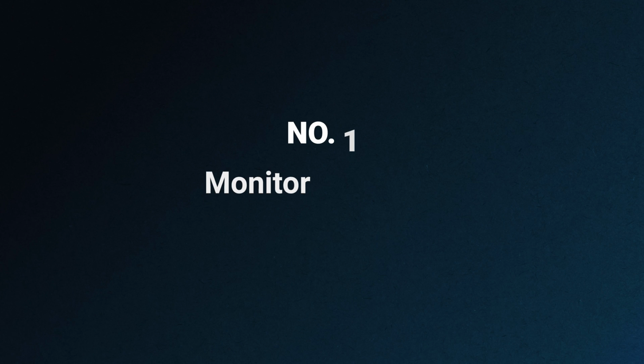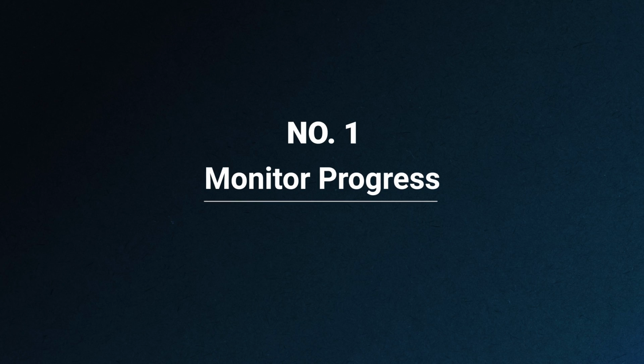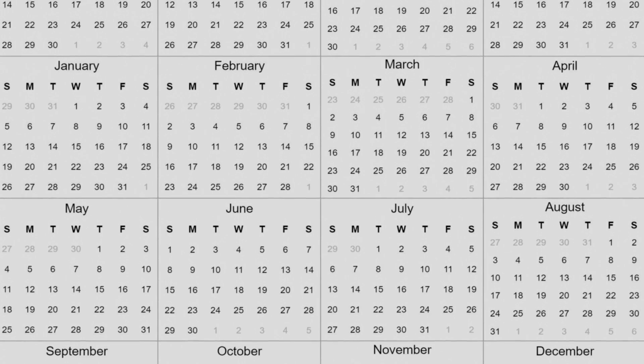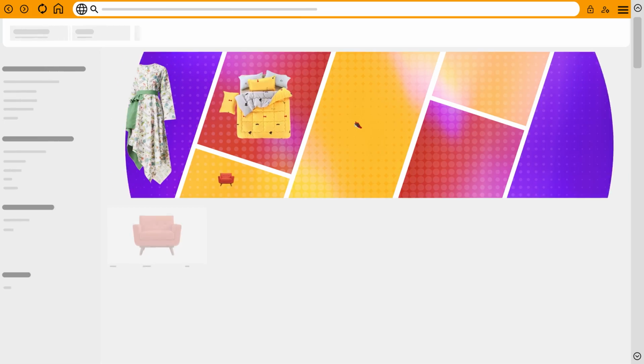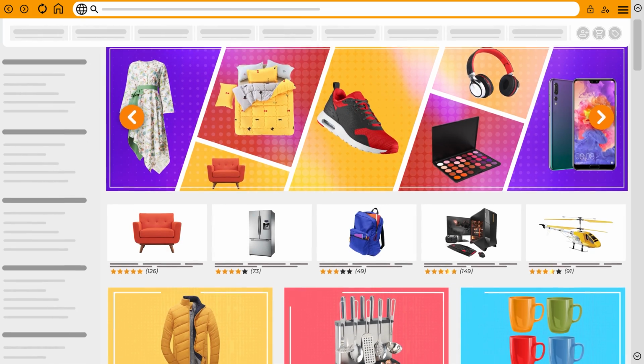Number 1 is measuring where your site's at right now after doing conversion optimization for a while. So usually after you've done conversion optimization for 6 to 9 months, you want to say, okay, so we've ran a whole bunch of experiments. The site has changed and evolved in those 6 to 9 months. We know that the site design has changed, the user flow has changed, the messaging has changed, but how about our conversion rate?